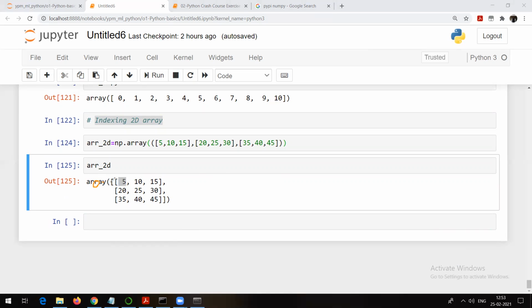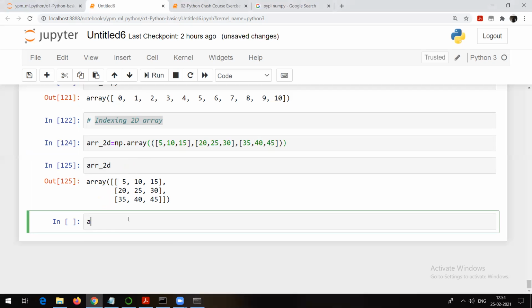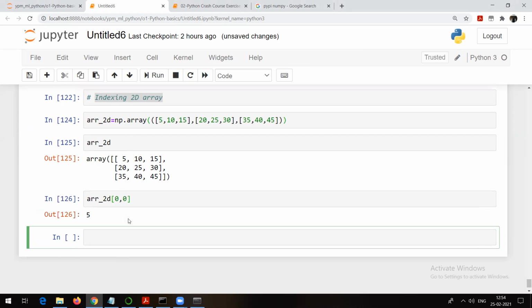So the first row is represented with index 0, the second row with index 1, and the third row with index 2. The same is the case for columns: 0, 1, 2. To grab this 5, I write ARR underscore 2D of row 0, column 0, and I will get 5.